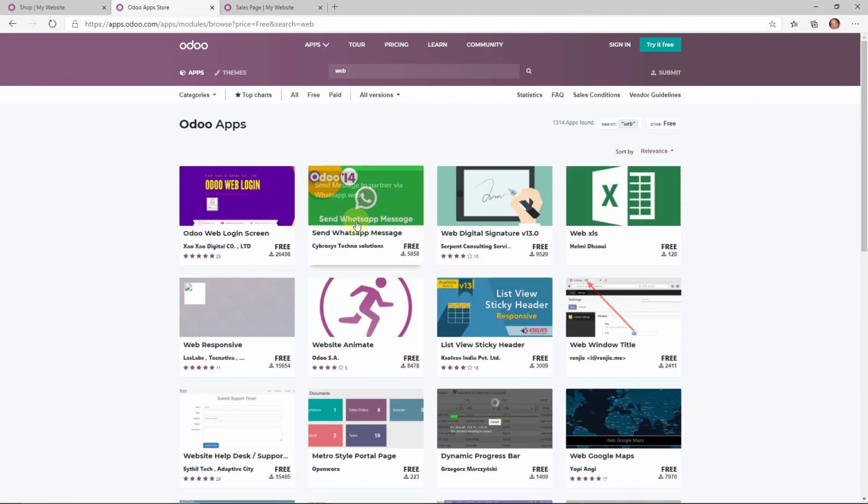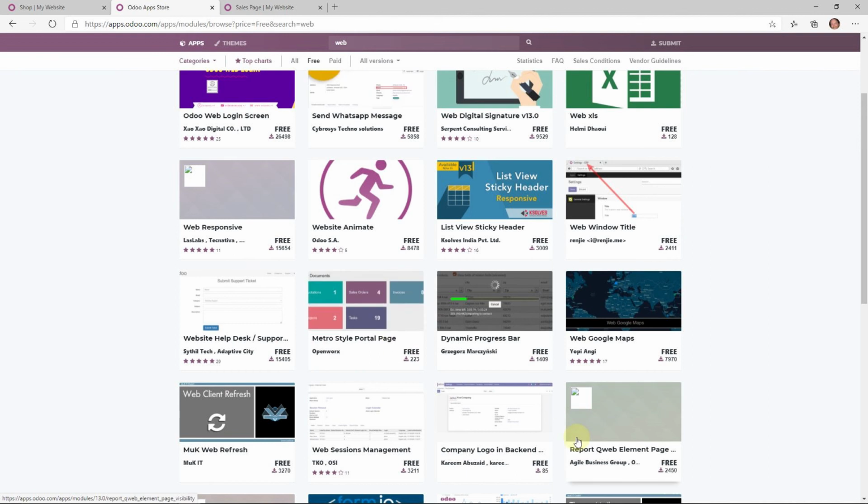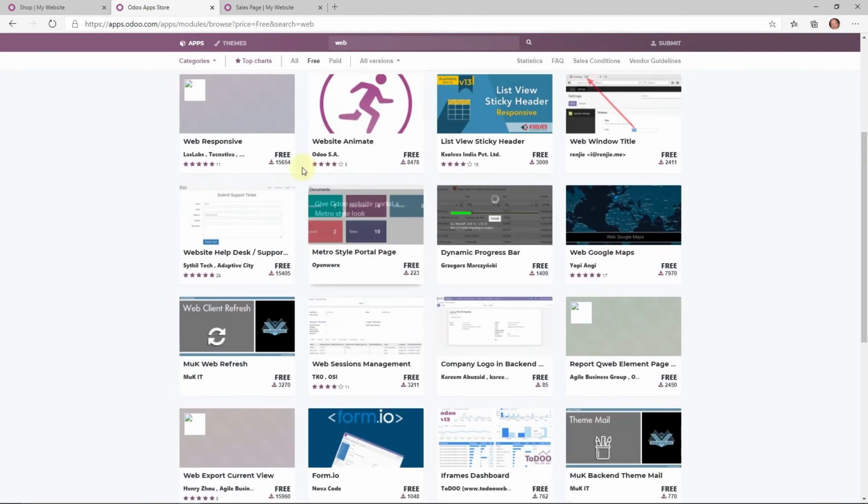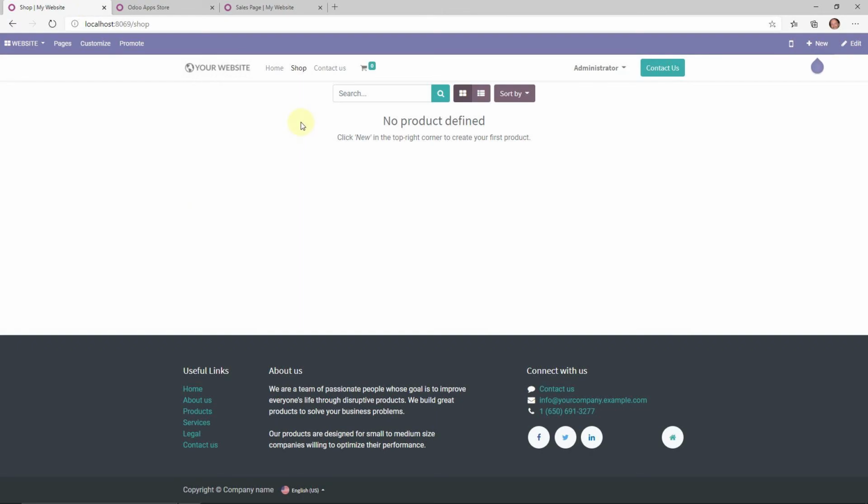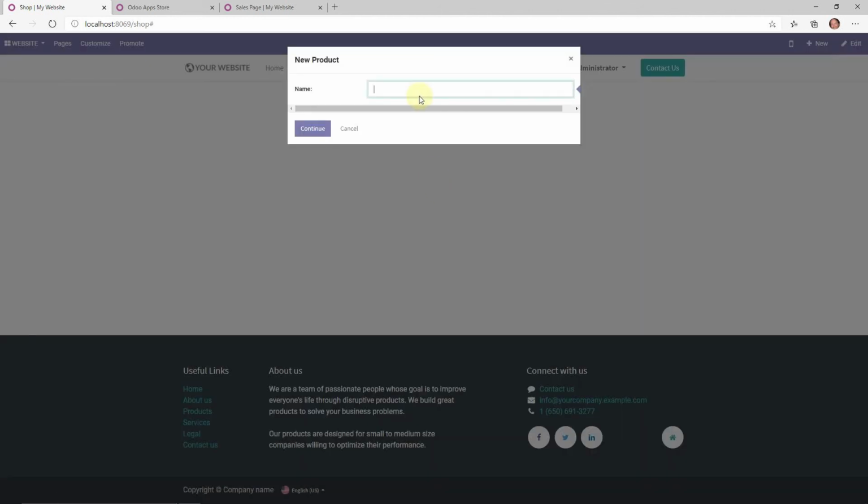But if I hit free, you can see all these different free apps that are available, and you'll be able to go through and check them out. So now that I've got my e-commerce thing, let's say we want to sell flashlights. Now we could set up a simple e-commerce store and have a whole bunch of products in here. We could just say new, let's create a product, let's call it flashlight,